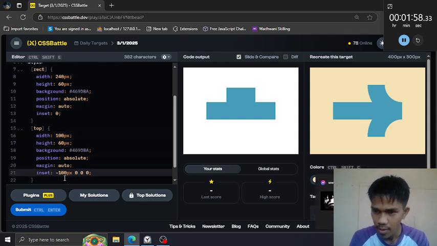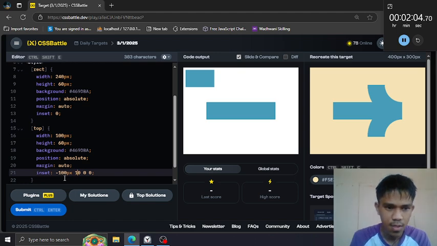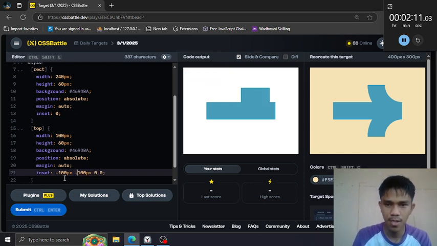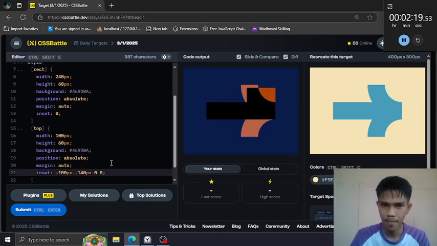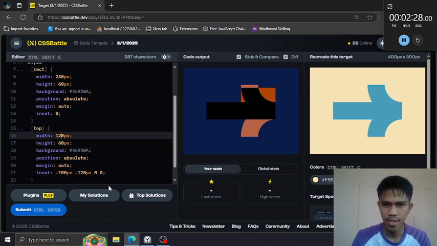So 100 pixel negative 120, 30, 40. Okay, so 120 and increase the width by 20 pixel.